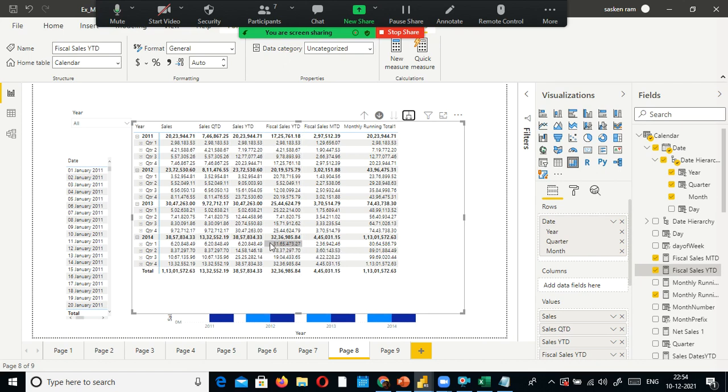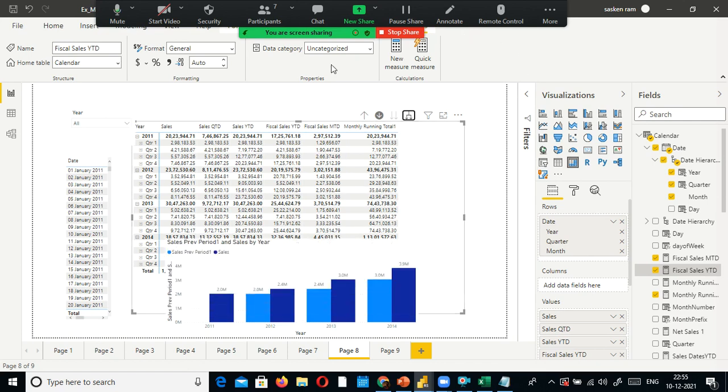Understood, right? Because you are not supposed to include quarter one in 2014 revenue, or let's say units sold. You are not supposed to include it in 2014. Rather, you need to include next year's first quarter. That is what your fiscal year total is. You understood, right? This is how you need to understand.